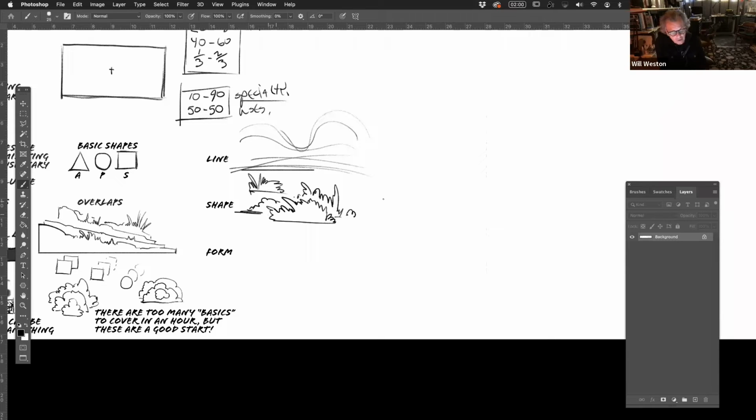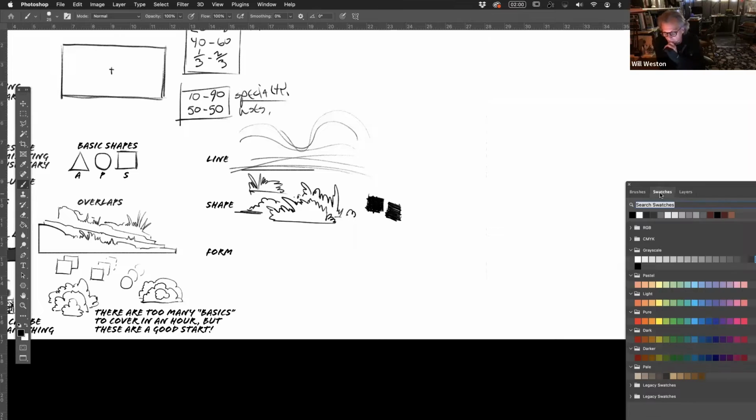Shapes are also very, very basic shapes. Like if I come in here and I fill this in, that square is a shape because it has no dimension, okay? Shapes can be any color or value. So I can come in here and have this be in here. Shapes can actually have lines inside too, but I have to see the shape first. Here I have a shape,